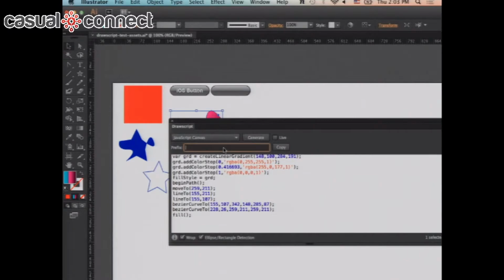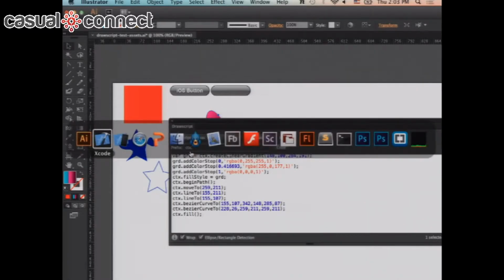And one of the really powerful things about DrawScript is that you can apply the calls on any kind of object. So for instance, here I want to apply it on an object called ctx dot. So now I write ctx dot, it will generate code, and this is basically an instance of 2D canvas in HTML5. So I'll go back here and